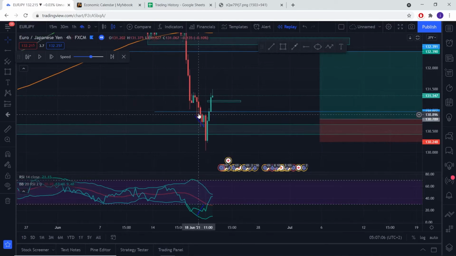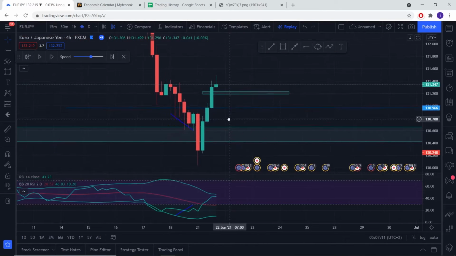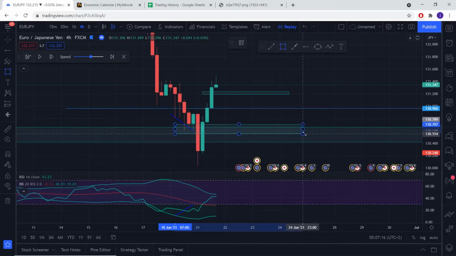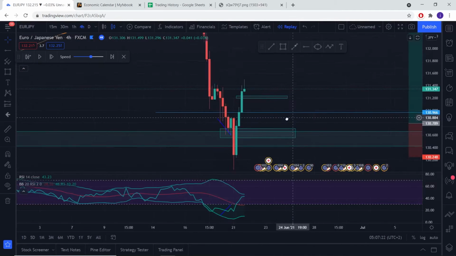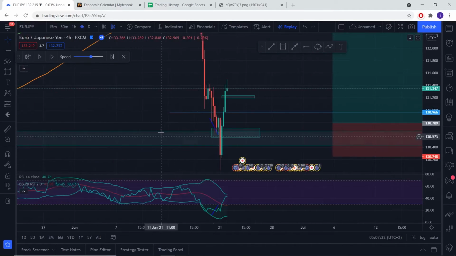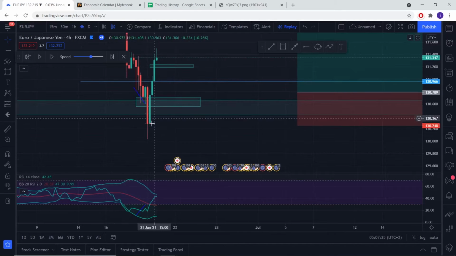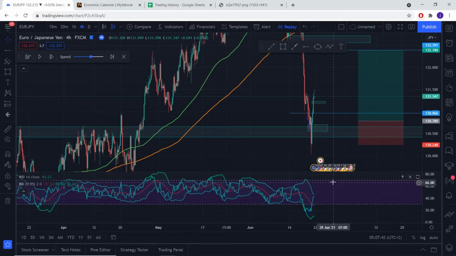because we had multiple rejections again right from that area, and each of these candles represents 4 hours in the market, right? So that just signifies that this has a little bit more significance than if you looked at it on the lower time frame. That being said, what we were looking to see from this area was a continuation moving back upwards, right? Price bounced into this area and then a continuation going back up. But as you can see, price pulled back down a little bit more and then rejected to continue moving upwards, right? So we got stopped out on this, even though the overall bias was correct, because that